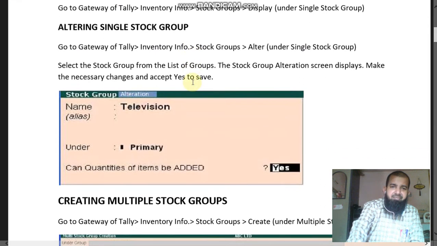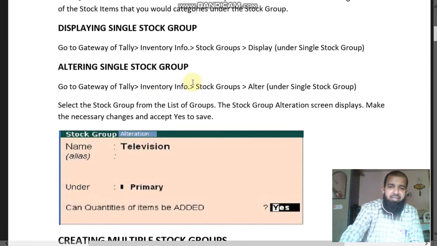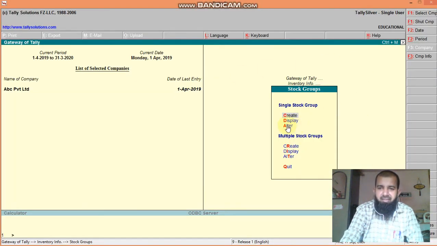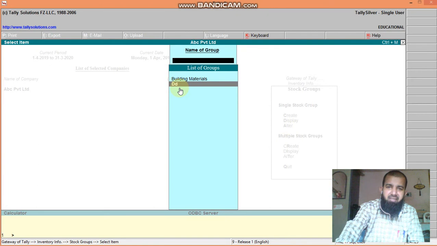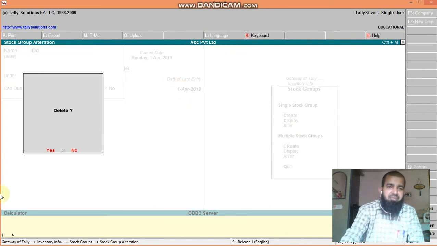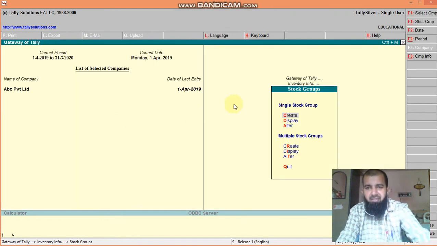Similarly, if you want to delete, you can delete by going to alter. Select the item you don't want, then press Alt D. How to delete?